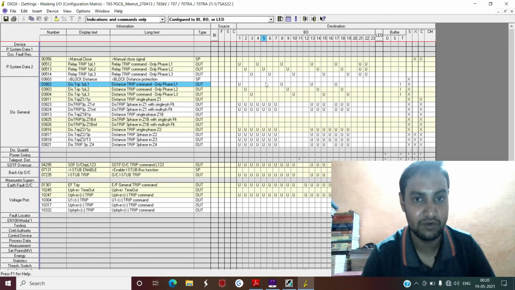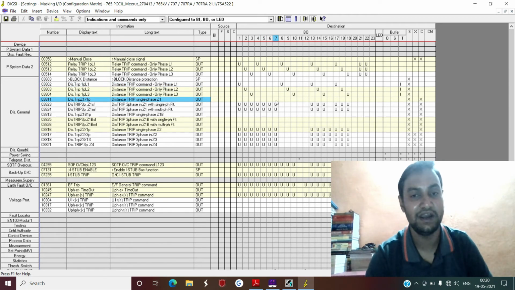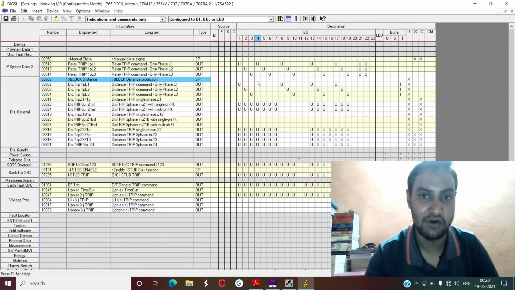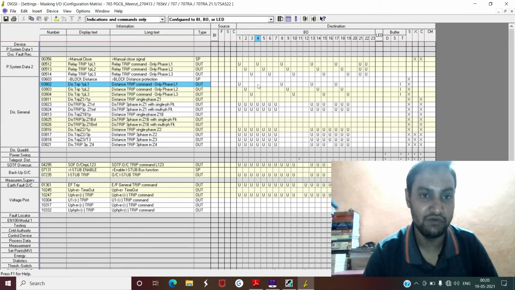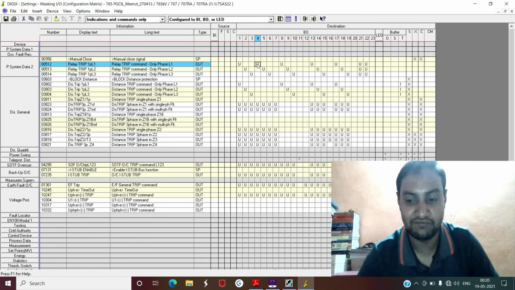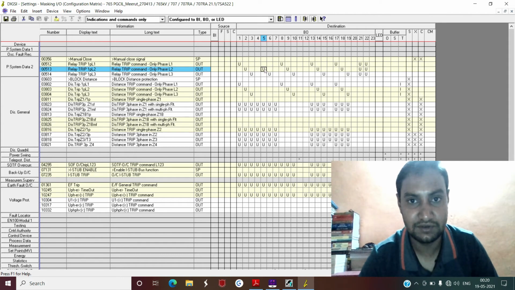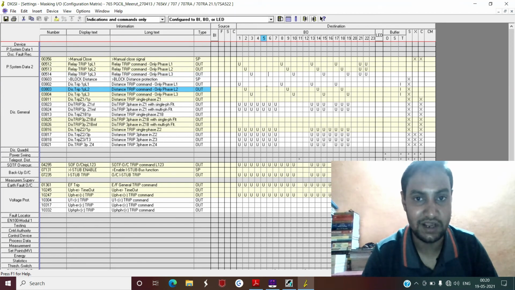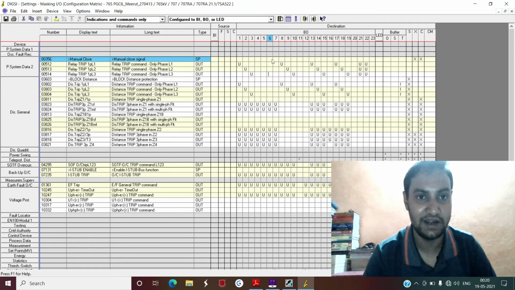But in this case, you have not configured this distance tripping command L1, L2, L3. So once there is a fault in zone 1, a single phase fault, suppose I remove this configuration, this and this again. Now what happens, I have removed the relay trip command configuration, and I have also not configured the distance trip command L1, L2, L3.